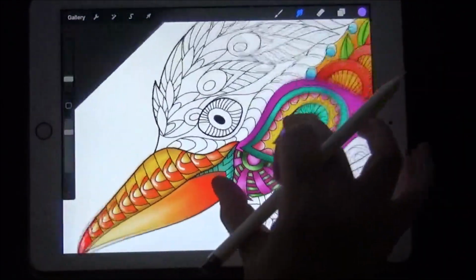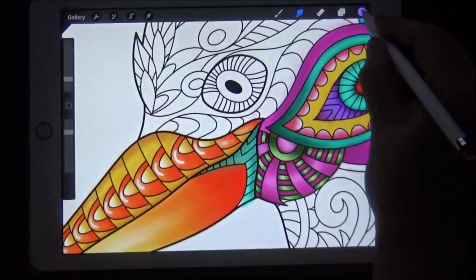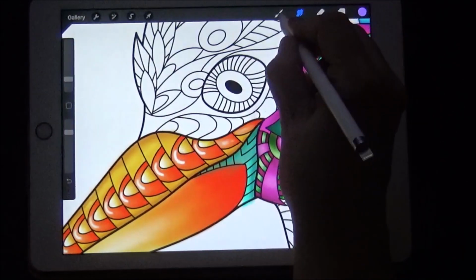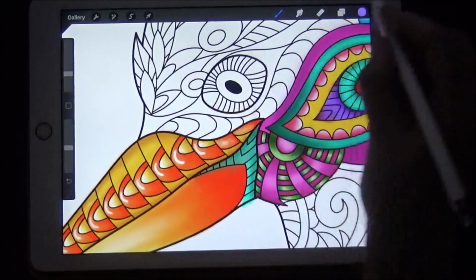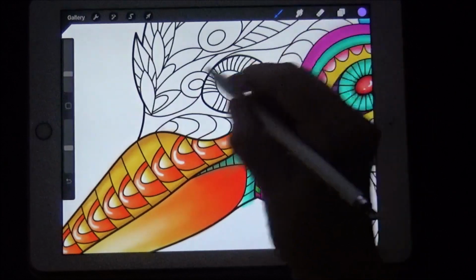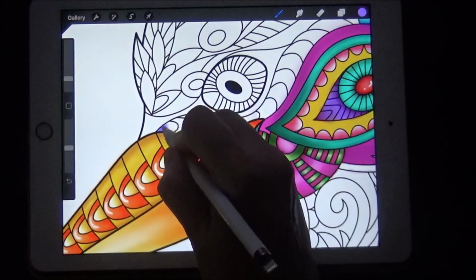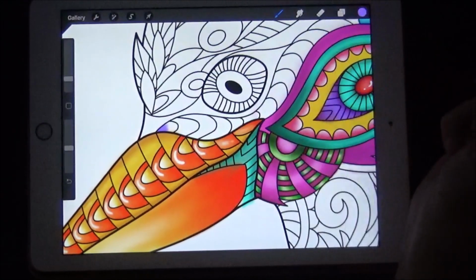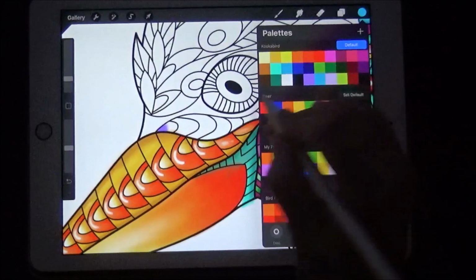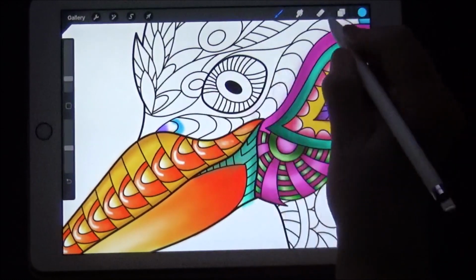Alright, let's try something interesting here. I want to try something interesting. Let's take a purple, this little purple color. Just to be on the safe side. Nah, I don't need to. I was going to say maybe I need to put on a different layer, but nah, just leave it. Alright. Okay, we'll take a purple. Let's do a purple. And let's do a blue. And let's do a